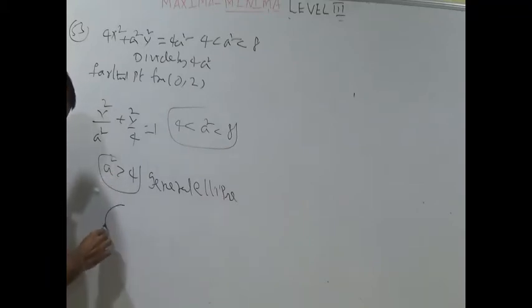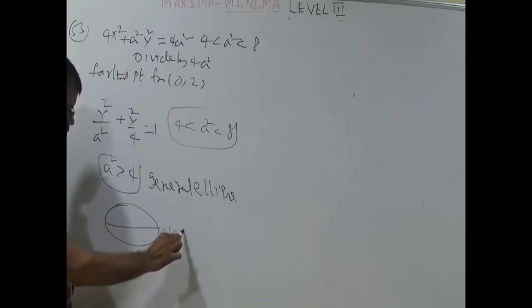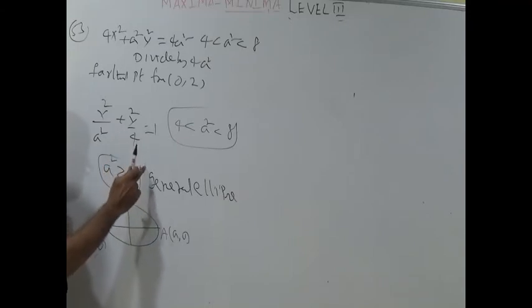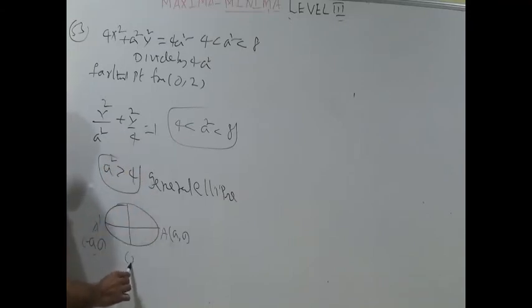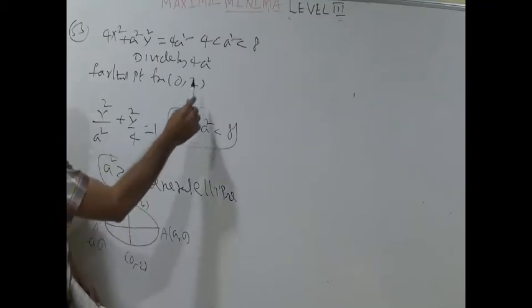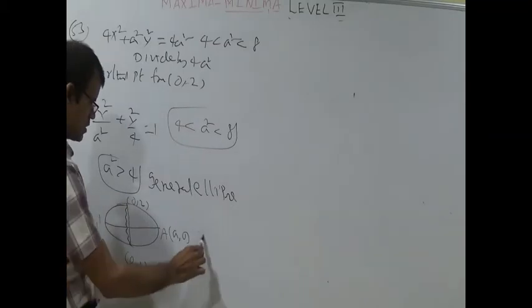In that general ellipse, using the concept we discussed now, this is (0, 0). This is (a, 0), and this is (minus a, 0). Here this is b square, students, and b square is 2 square. So here you can write this as (0, minus 2) and this as (0, 2). He is asking for the farthest point from (0, 2). According to the options, this is (0, minus 2). So (0, minus 2) is the answer. The farthest point from this one is option 1.